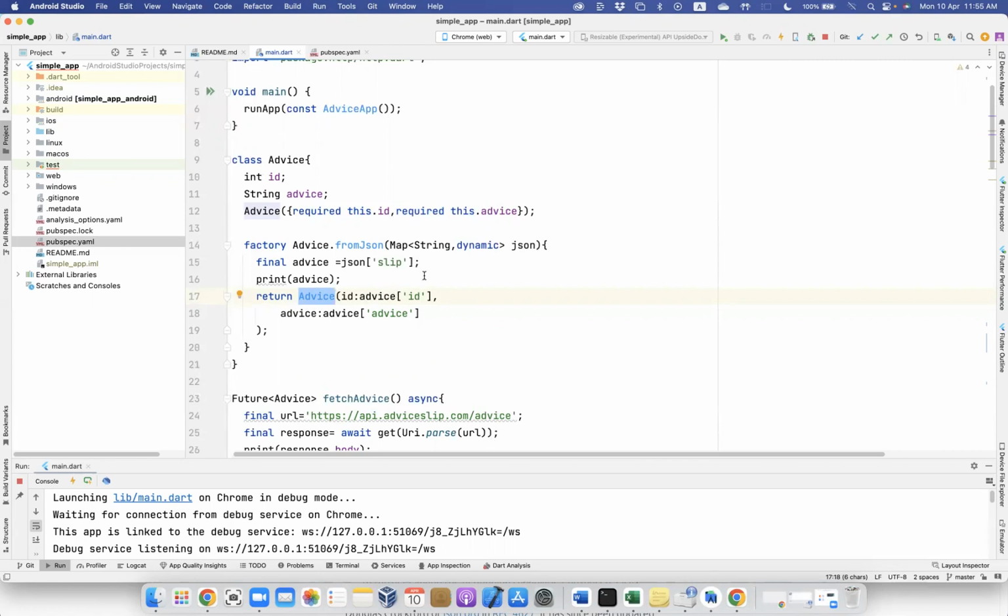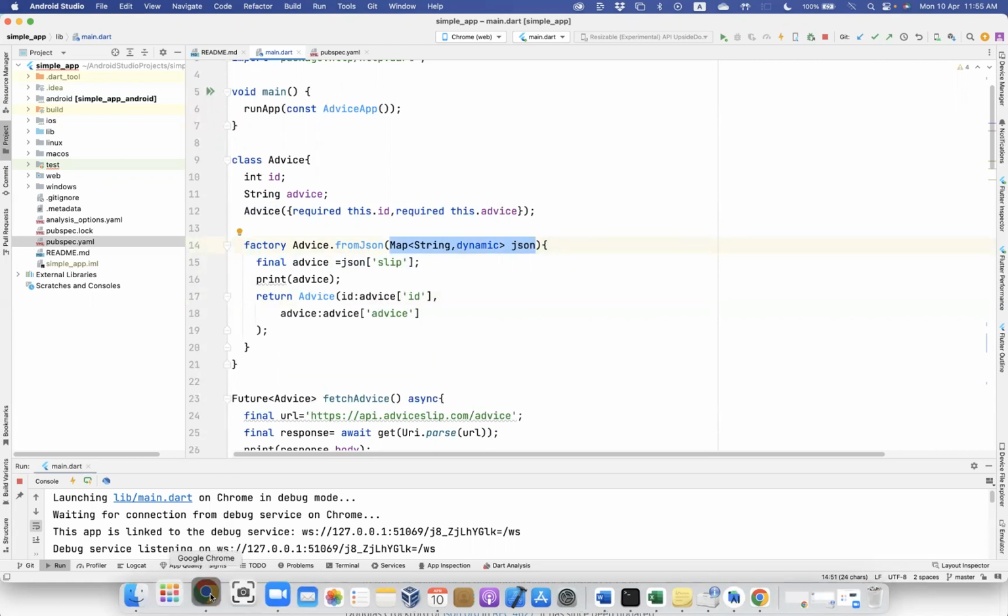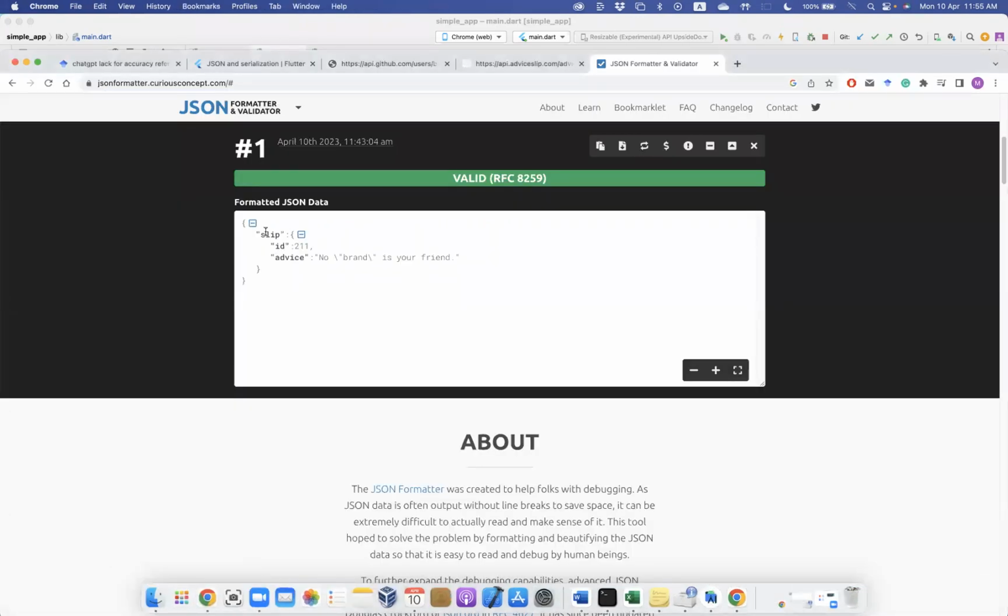It will give me the data that I got. So the factory advice.fromJson, we call it from JSON. It will take a map of string and dynamic. This is JSON data that you are going to get from the internet. This is the map of string and dynamic. Okay. So after you get this data,